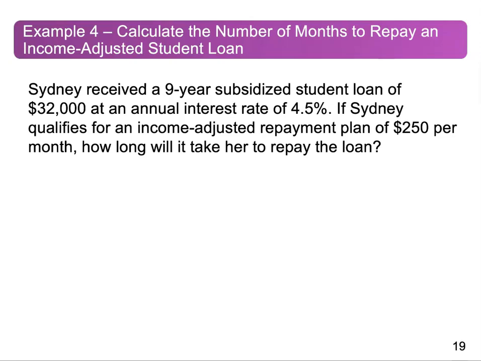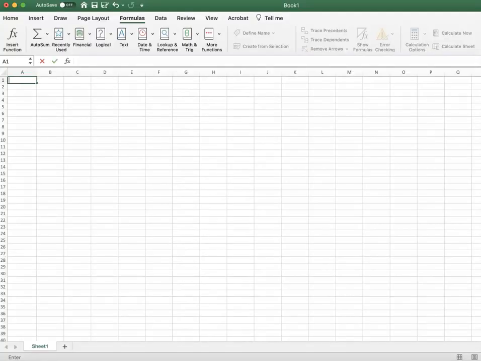So, for example, Sydney has this 9-year subsidized student loan of $32,000 with an annual interest rate of 4.5%. Her repayment plan, we already calculated that the payments here would be $320, but she is going to qualify for only having to pay $250 a month. So now the question becomes, how much longer is it going to take her to pay off this loan, since she won't be making the full amount of the payments that she would need to make to pay this off in 9 years. We're now going to use Excel to determine the number of periods that she's going to have